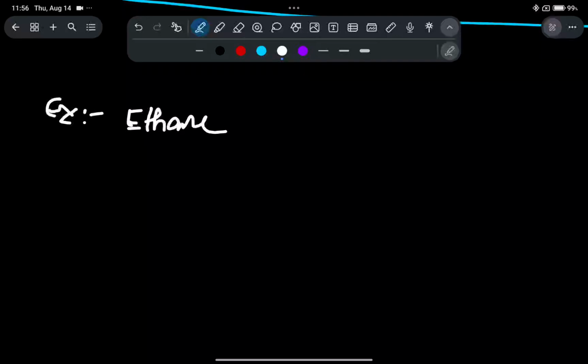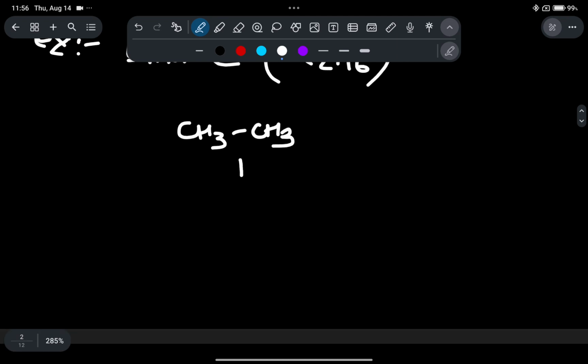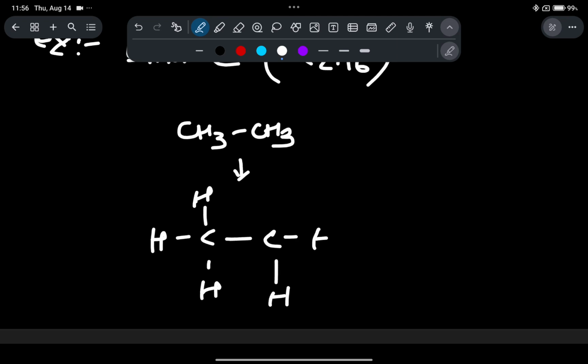Ethane means C2H6. Ethane means C2H6, which is an alkane. The structure is CH3 bond CH3. You will generally write it like this. If I open this structure, I will write it as H, H, H, bond C, bond H, H,